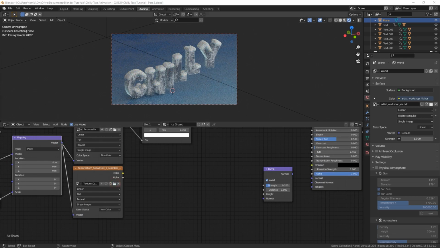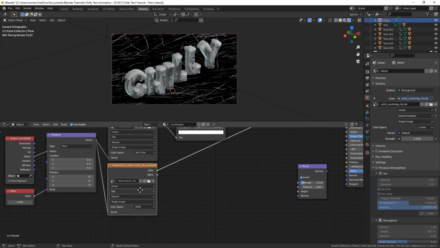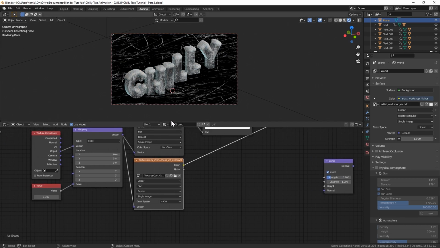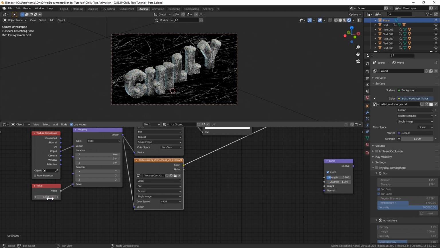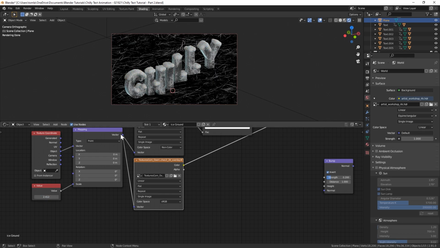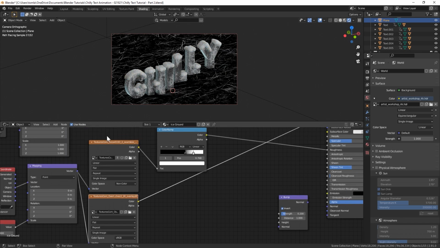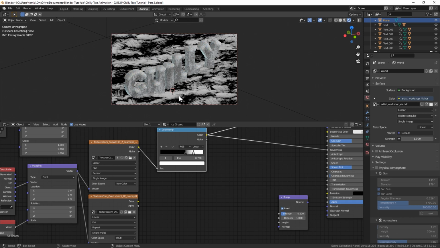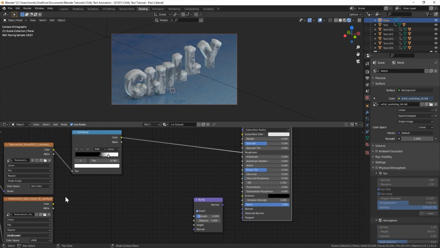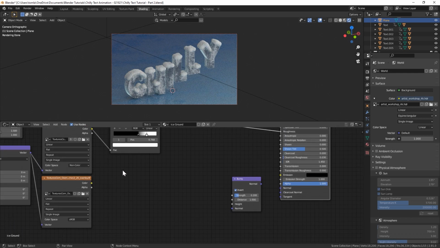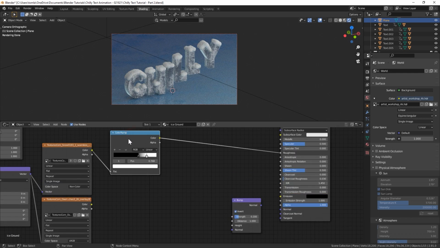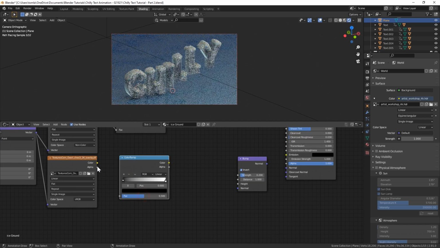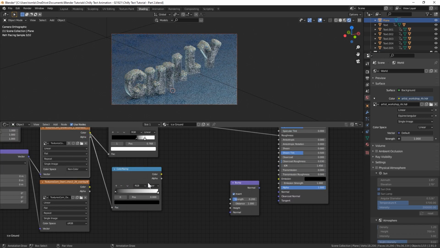And now let's bring in that scratch node that we had. And the scratches look a little too big to me, so I'm going to actually bring this up a bit more. That looks a little better. We want them to be pretty tiny, so like 2.4 for that. And that will affect the scale of this as well, but that is okay. I think that'll still look good. So with that brought in, let's just duplicate this color ramp. Let's reset it and let's plug that into there.